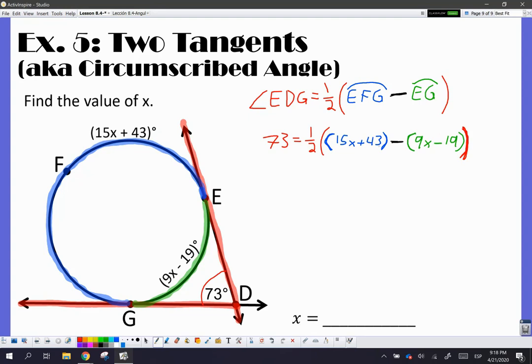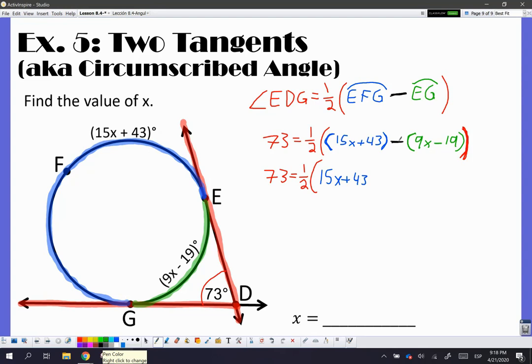So let's move on. I'm going to carry over what I don't need to change. I don't need to change the 73 equals 1/2 part. And like I said, I'm going to get rid of the parentheses now for 15x plus 43. I don't have any number in front, so I don't need to multiply this or anything. So it just becomes 15x plus 43. But over here, for this expression in green,